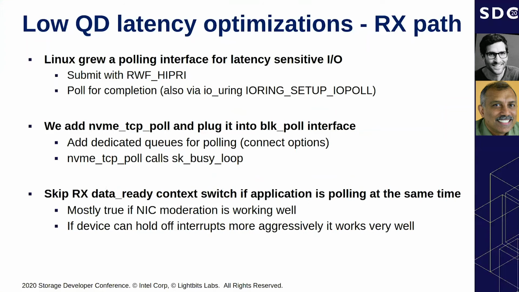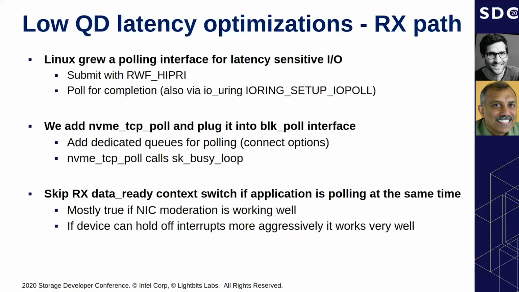On the RX path, obviously, we again had a context switch from NAPI telling us that we have data ready to be read from the socket. We context switch into the same NVMe TCP IO context that will read data from that socket, copy it to the user buffer and or process completions, depending on what's coming from the socket. So for workloads that are polling driven, and there are some latency sensitive, IO hungry applications that will definitely rather poll,